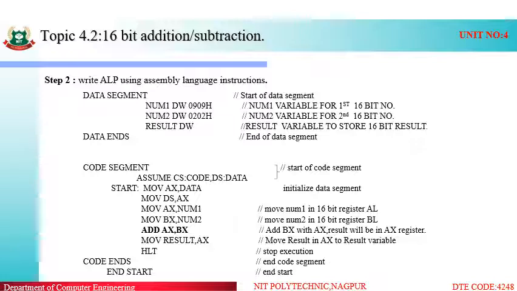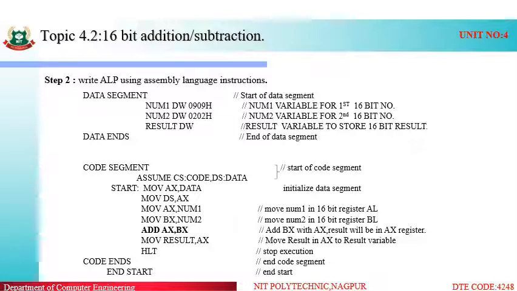Now what we have to perform, addition. So we have to use the ADD instruction. So ADD AX comma BX, that is the contents inside BX will be added with the contents inside AX. ADD destination comma source, that is the source will be added with the destination. So source here is BX, destination is AX, and the result will be stored in the destination. So ADD AX comma BX means whatever number is present in BX will be added with the number in AX, and the result will be in AX. Now the addition is performed.